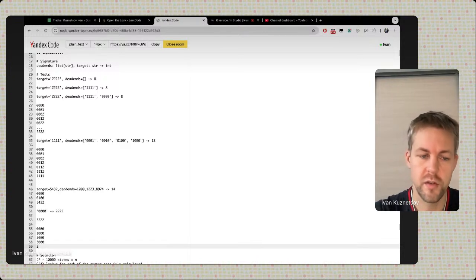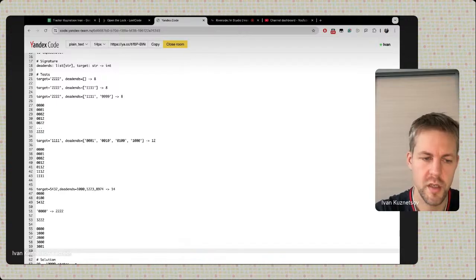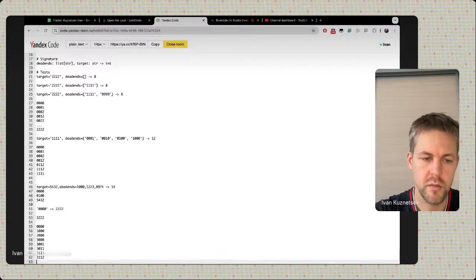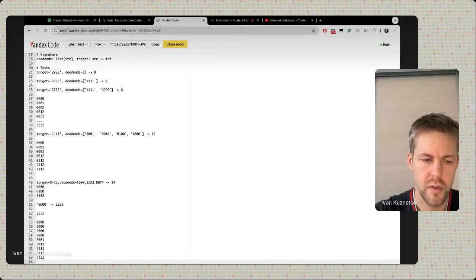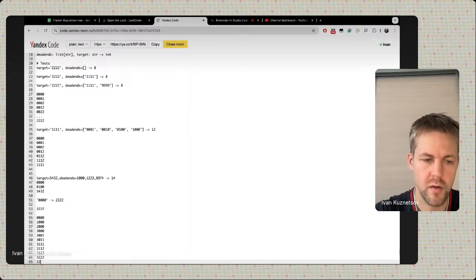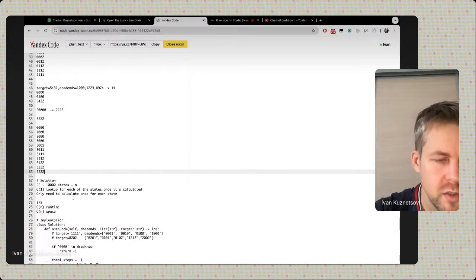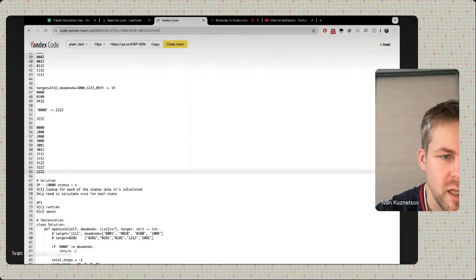And then all the non-dead end combinations are like this: 3 0 0 1, 3 0 1 1, 3 1 1 1, 3 1 1 2, 3 1 2 2, 3 2 2 2, and now finally 2 2 2 2. So those are the only possible combinations that we have, and that means that the only